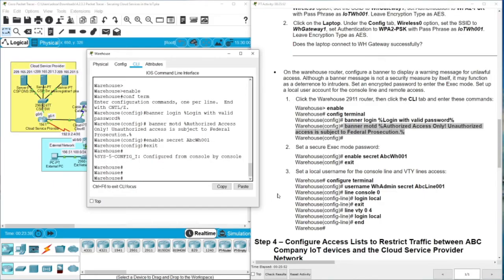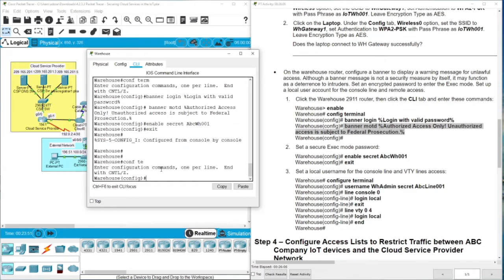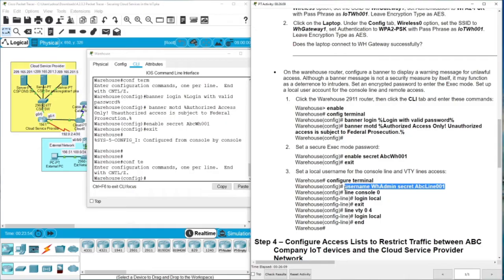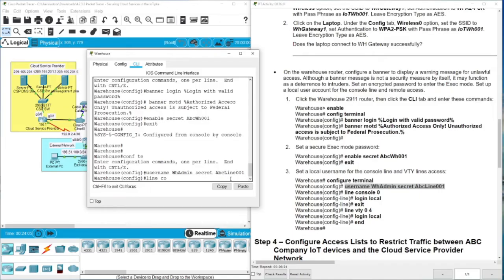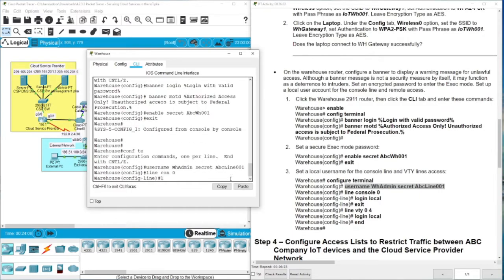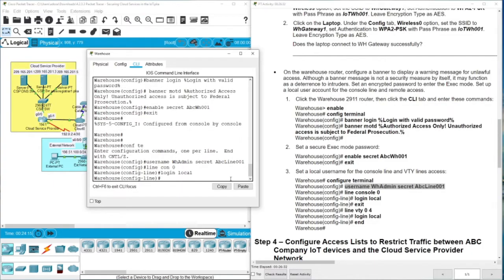Okay, now we need to set a local username for the console line and the VTY for like SSH. Okay, so configure terminal one more time. So since we are here, then we need to type username and the password. So the username warehouse admin and the password ABC line 001, and then we need line console 0, and then we type login local. Okay, and then exit,